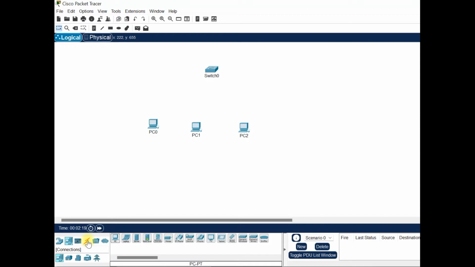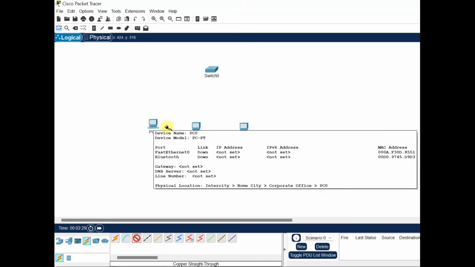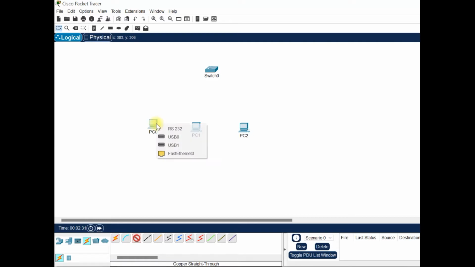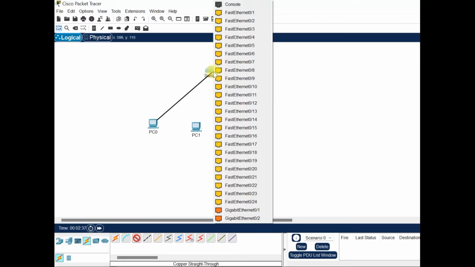So we have to click on this Connections button. And we want to connect them with a straight through cable. So click on the cable, first click on the computer, and it should tell you, when we click on it, the ports that it has. So it has a Fast Ethernet. I click on that, I go over to the switch, click on that, and we'll connect to the first port,